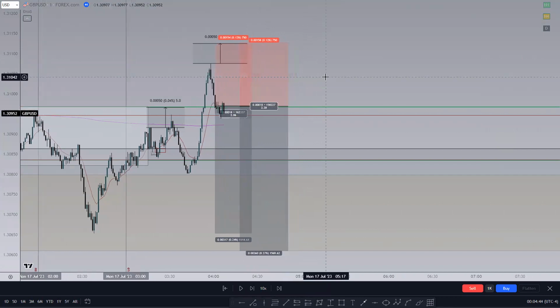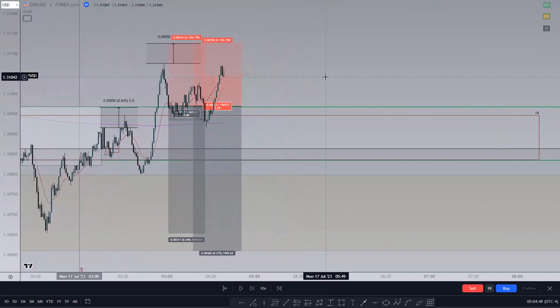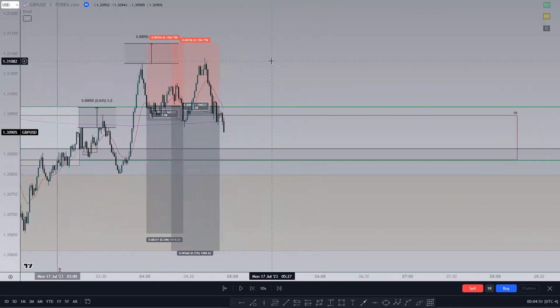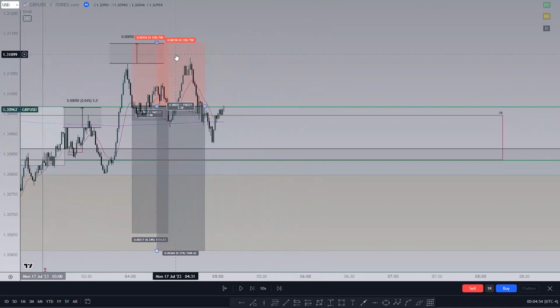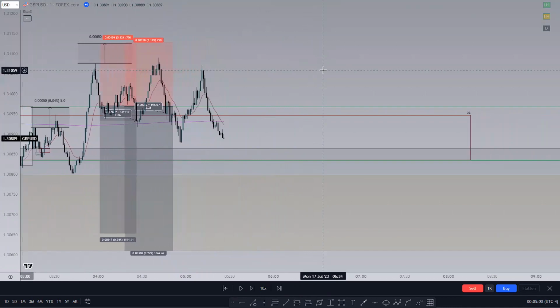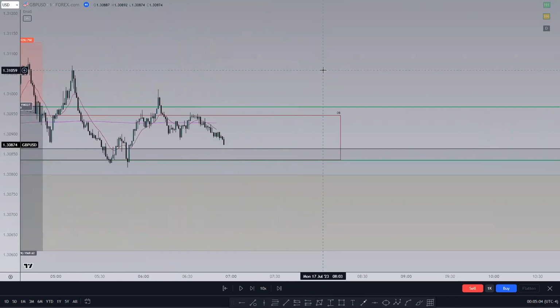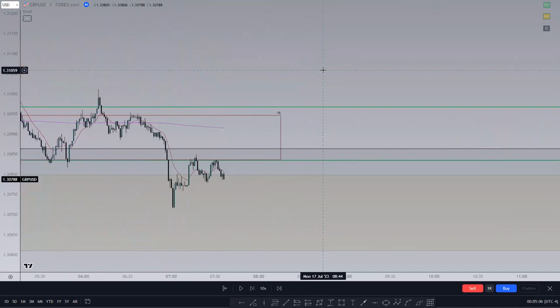So we can see what happened is price traded just a little bit higher, filled the imbalances, took out the recent high. So again, it's a lot of accumulation that's going on. That's why it's important to just have that precision entry, have the stop loss a good distance away, and then just wait it out, because what eventually happened was that price gave a bearish continuation to the downside and